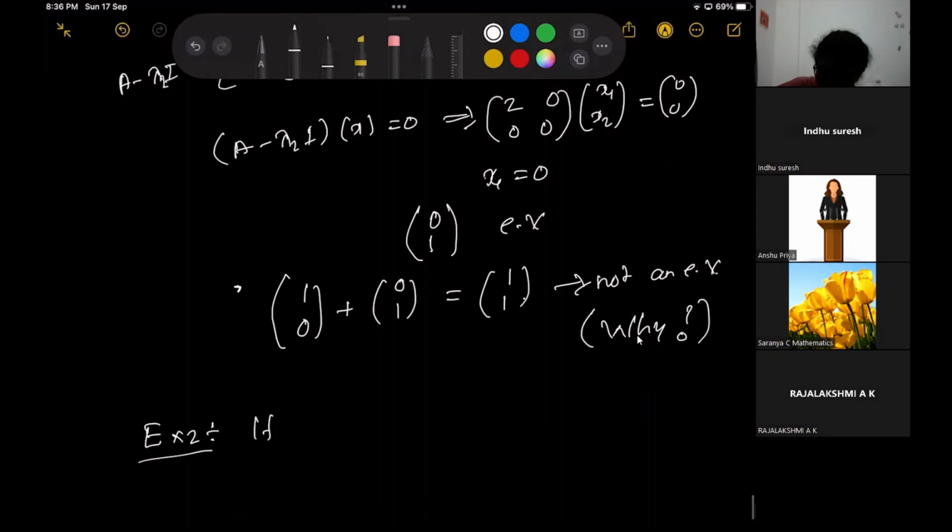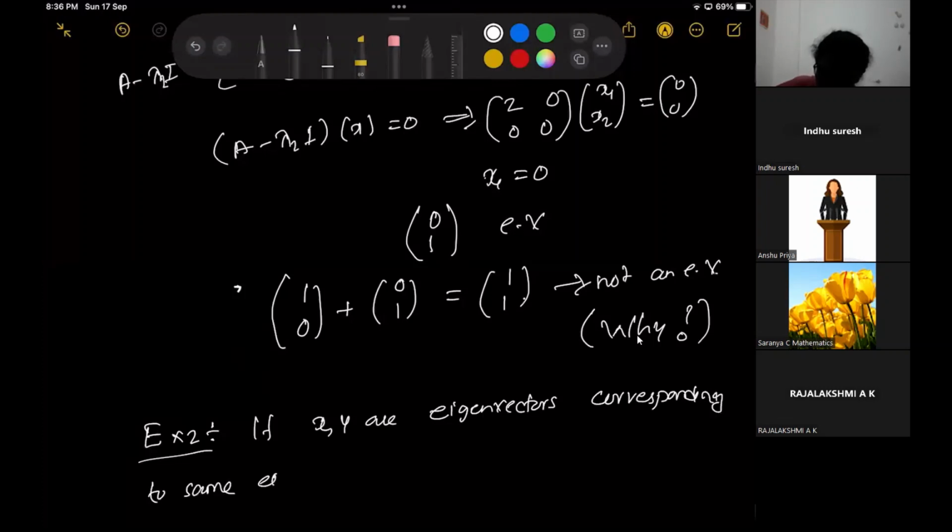If x, y are eigenvectors corresponding to the same eigenvalue. Here we have taken two distinct eigenvalues and the corresponding eigenvectors. We added those eigenvectors and we got it is not an eigenvector. The addition of two eigenvectors is not an eigenvector. Now I am taking the eigenvectors corresponding to the same eigenvalue. Note that this eigenvector can be